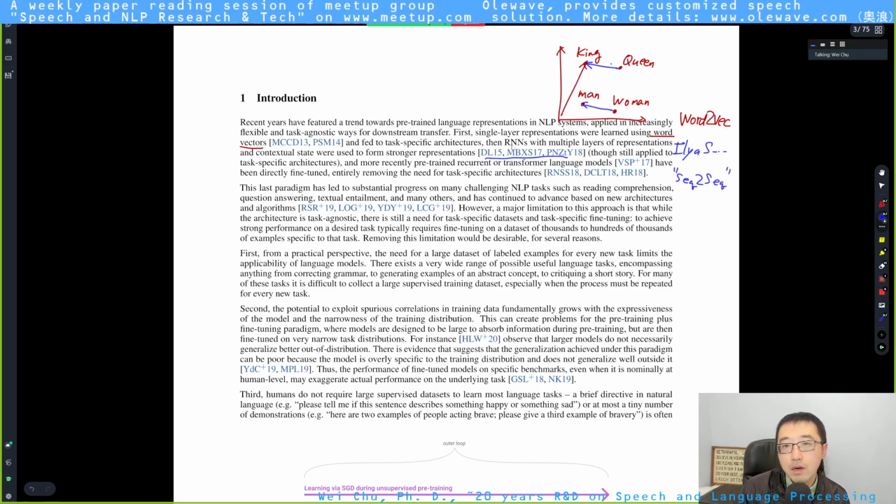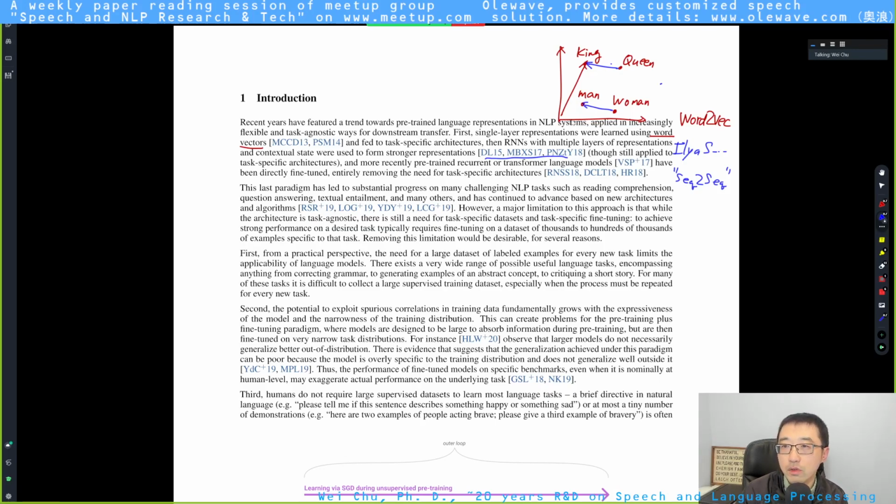And the RNN means that they're capable of using the recurrent neural network to unsupervisedly train a model which can generate multiple layers of representation. And it contains a contextual state, which means, you remember that the example I gave you here is a single word.